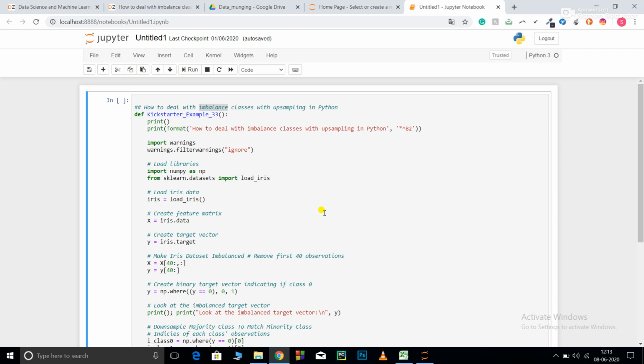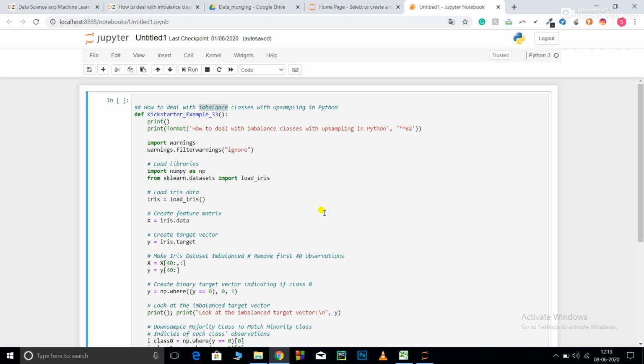is of class B. In those cases, when you are doing batch processing of your data sets, of your data points, there may be many batches in which there is no class A. Because class A was present in a small amount, there may be many batches in which there is no class A. So class B is dominating class A with a lot of data points. Your model is then likely to learn less about class A because of its low presence. In those cases, you need to deal with those imbalanced classes.